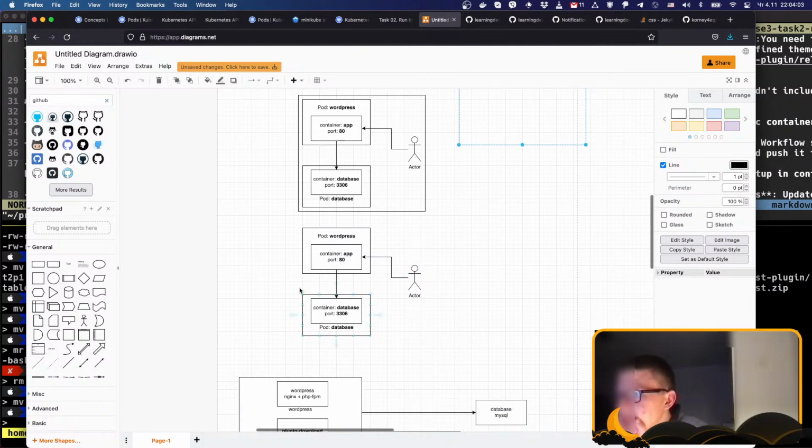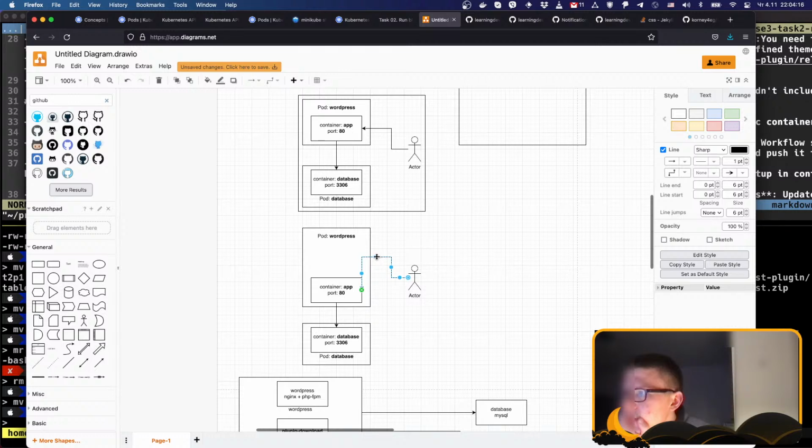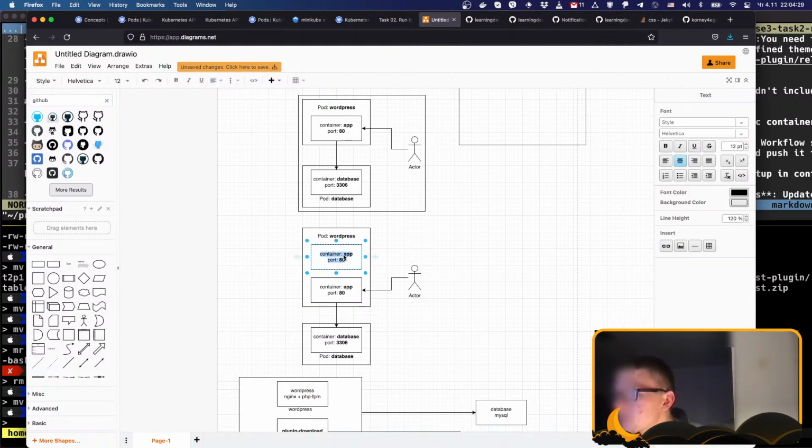Here we're gonna add new container. We're gonna make it a little bit lower. This we're gonna lower, and here we will make another pod which should